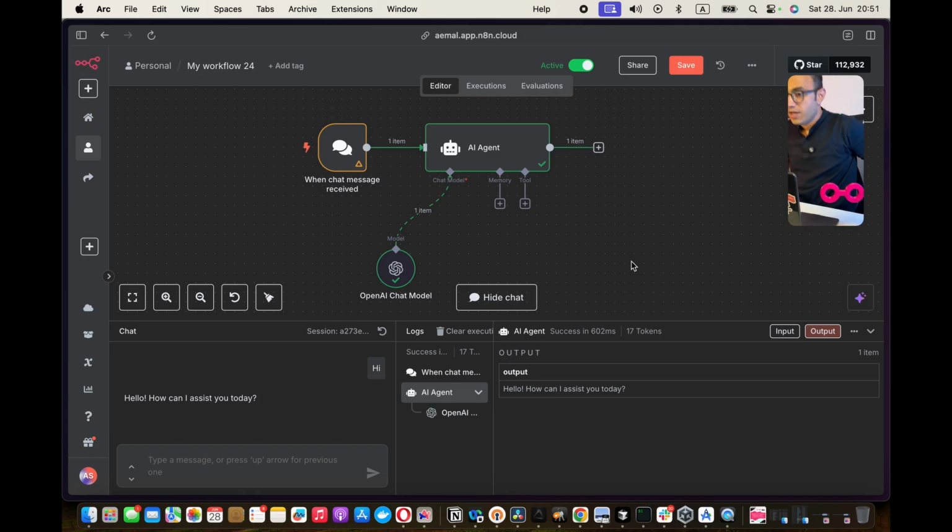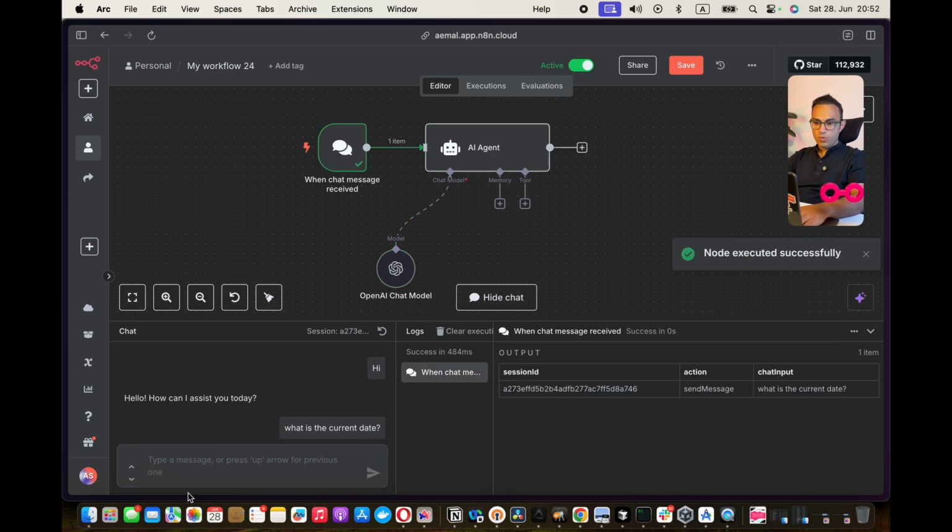Okay. Now let's go to the next step. The next step is we have to do something with this AI agent so that I can explain a few more concepts in n8n. If I say, what is the current date, you will be surprised.